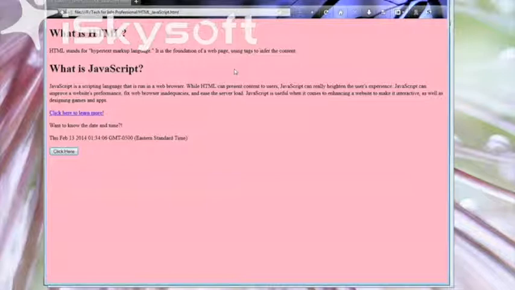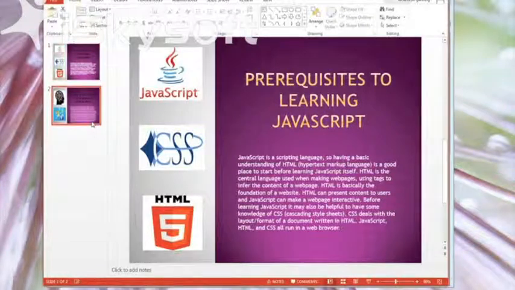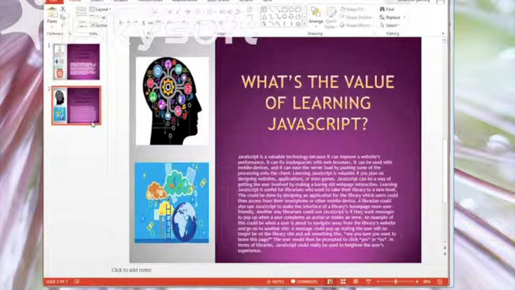And then once you finish that and you have a basic understanding of how to add JavaScript into an HTML document, you may be wondering, why is any of this even important? Or how does any of this even relate to library science? But actually, JavaScript is a really valuable technology because